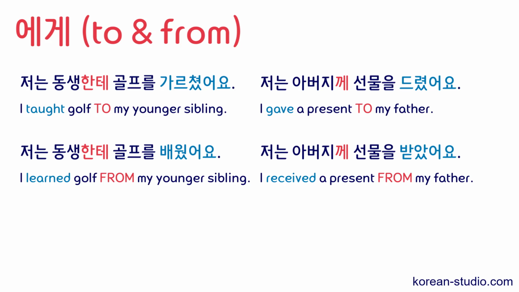So as you can see in these sentences, the structure of the sentences is the same, but we can understand 한테 and 게 to mean to or from because of the verbs used in the sentence. So that's how we use the particles 에게, 한테, and 게. They're used to mean to and from, and which one they mean depends on the verb they're used with.